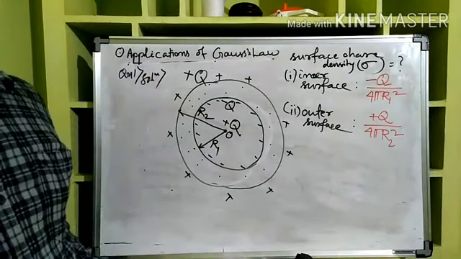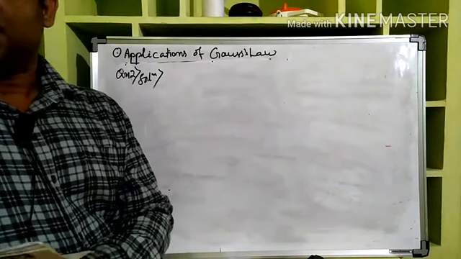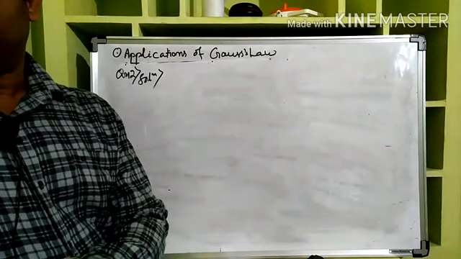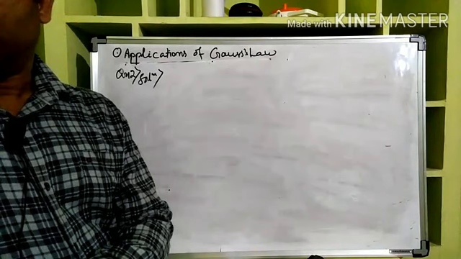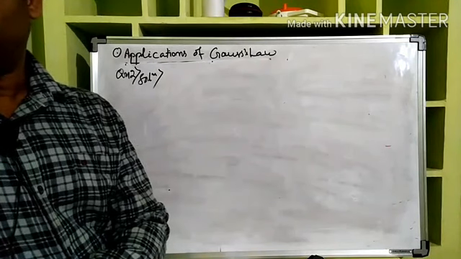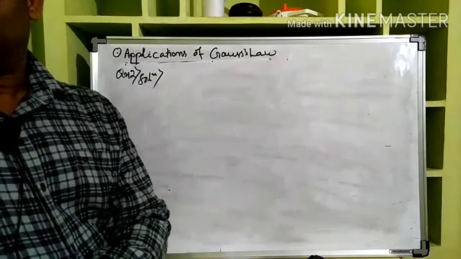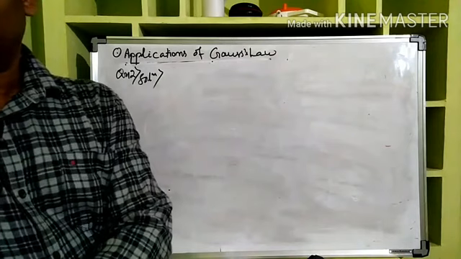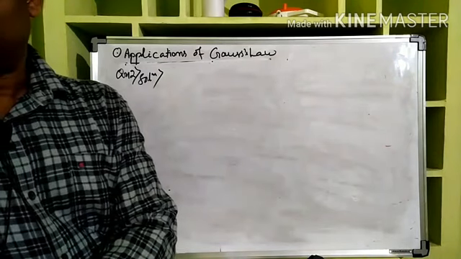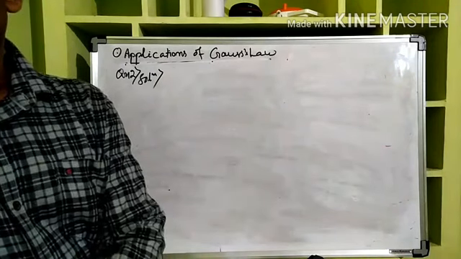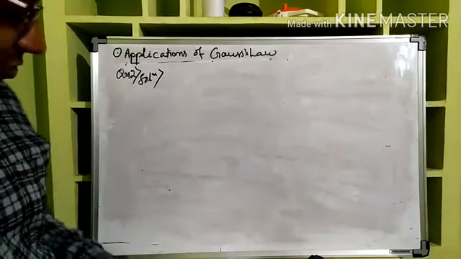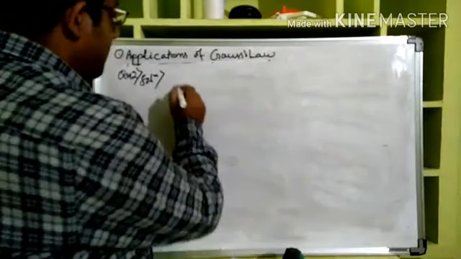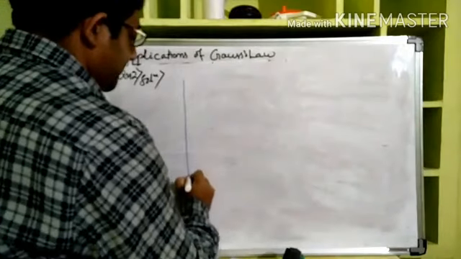Now taking up the second question. Two charges of magnitudes minus 2q and plus q are located at points a0 and 4a0 respectively. What is the electric flux due to these charges through a sphere of radius 3a with its center at the origin? Now what it says is,